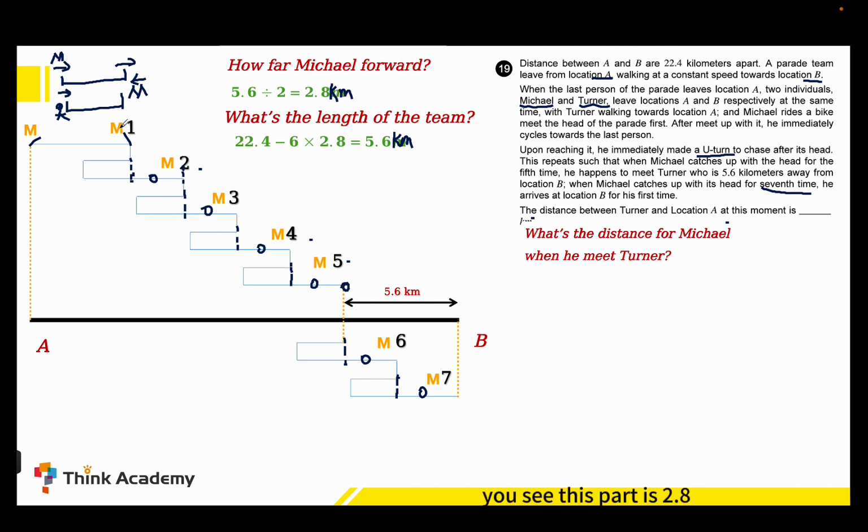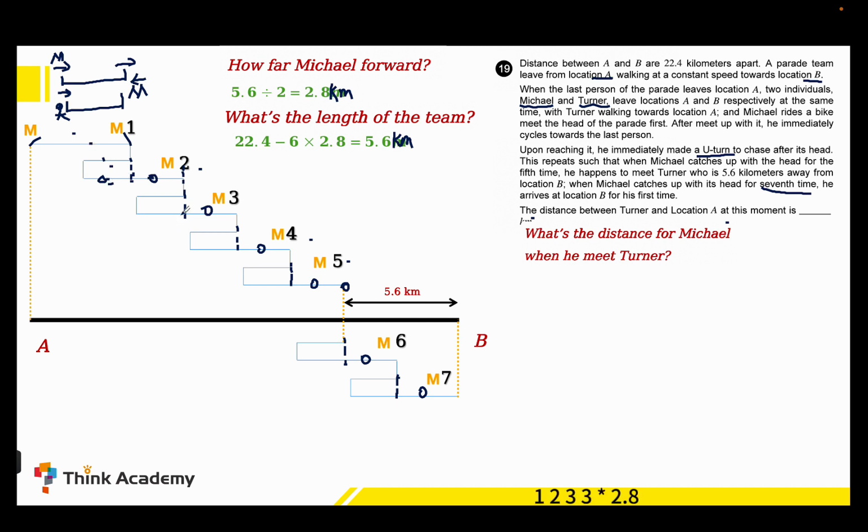Because, you see, this part is 2.8, and the total of the team length is 5.6, which means this part is also 2.8. So the total length means Michael went from here to here. According to my pen, this length is what Michael ran. So it will be 5.6 plus 1, 2, 3